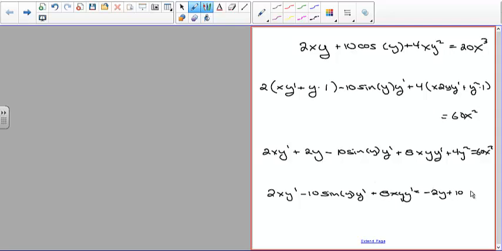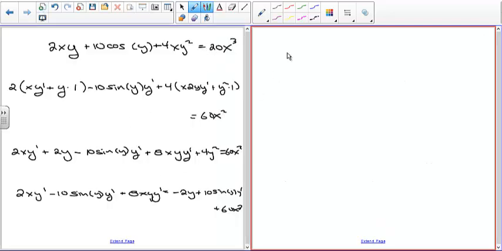This second one will become positive. And then we've got plus 60x squared. Then you factor out the y prime. So you've got y prime times 2x minus 10 sine of y plus